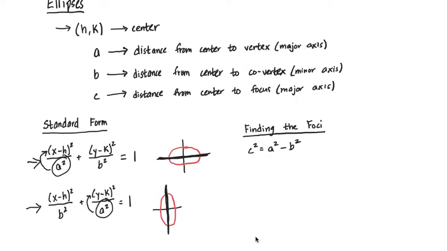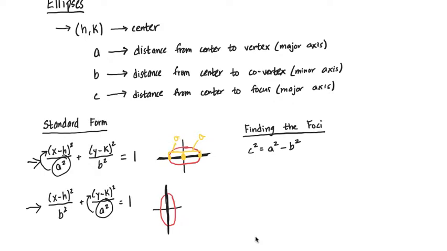So let me show you what I mean. All right, so take a look here. This is the center. All right, and a is going to be the distance from the center to the vertex, or to the vertices. Now, the vertices only exist along the major axis. That has to be the longer one. So these points right here are considered the vertices. So if we take each distance from the center to each vertex, that is called a. And so we can do the same thing on the left from the center to the other vertex,